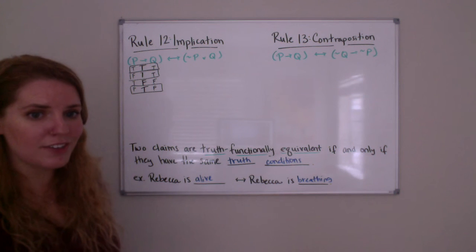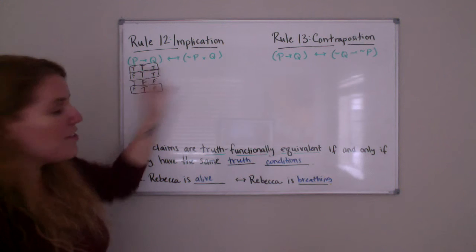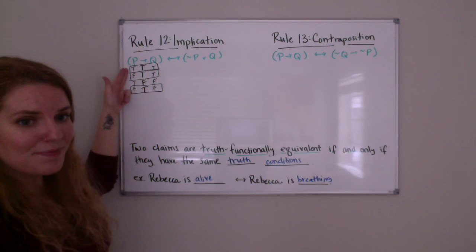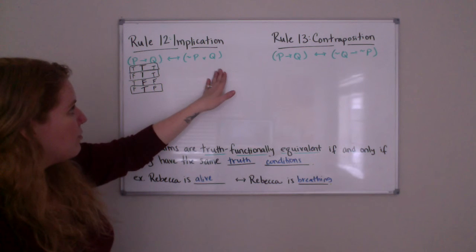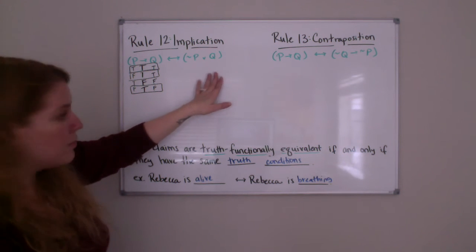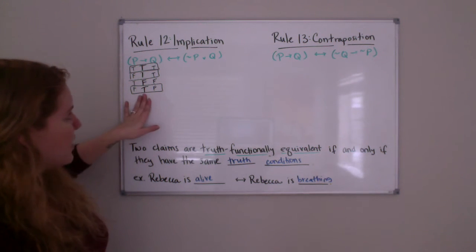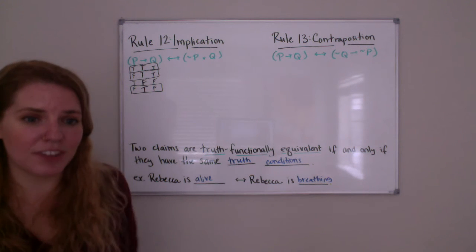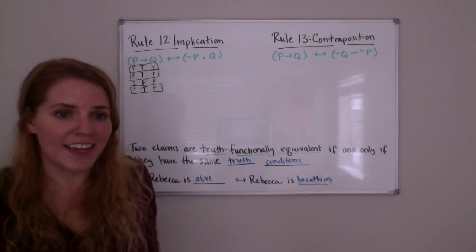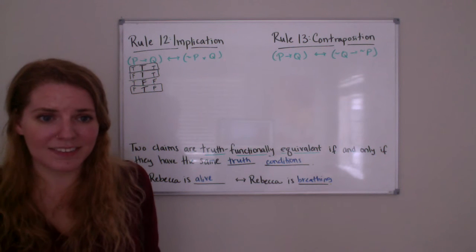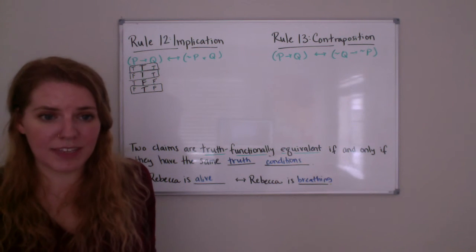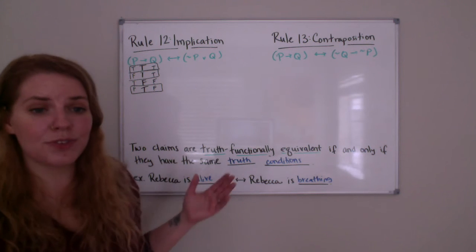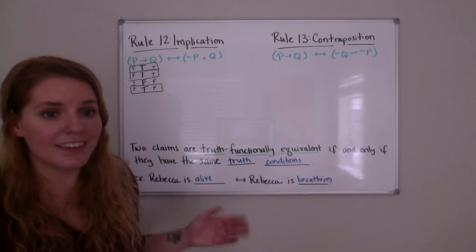Either not P or Q. That gives us all the situations in which this claim is true. So if we just reason through this first truth table, we can reach the same conclusion that these are truth functionally equivalent, that they're true in all the same conditions. Okay, so that's implication. Implication tells us that if P then Q is truth functionally equivalent to not P or